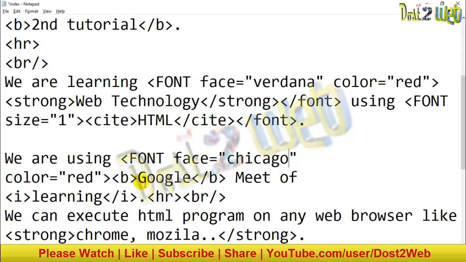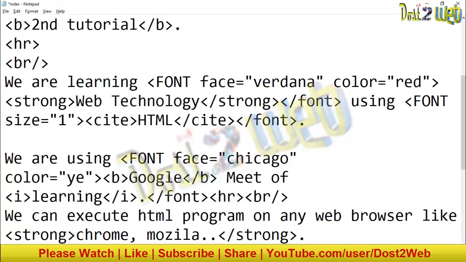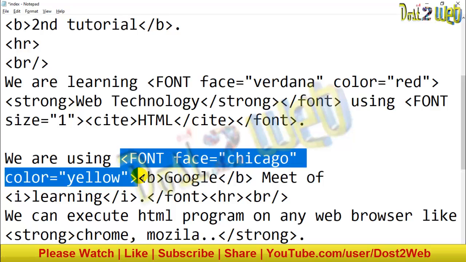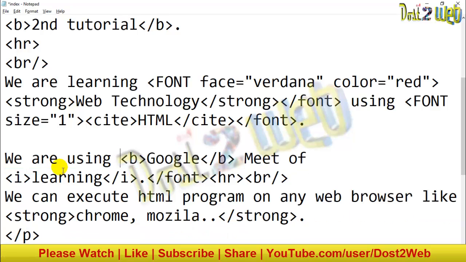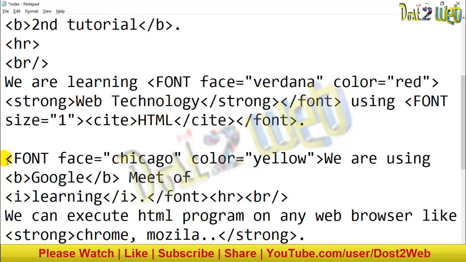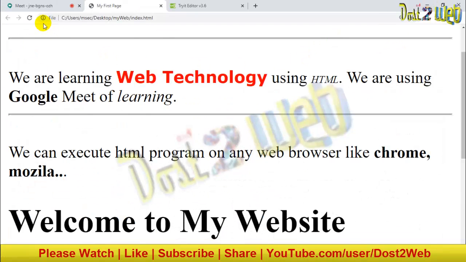I want to close here, so I'll give a font closing tag here. And the color I will change to yellow. I'll apply this to the entire line, and the font will be completely different for the entire line. Save it, come to the browser and just refresh it.